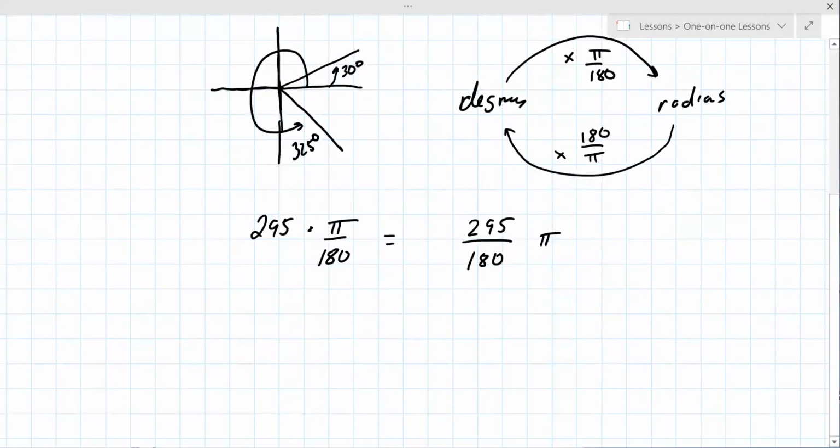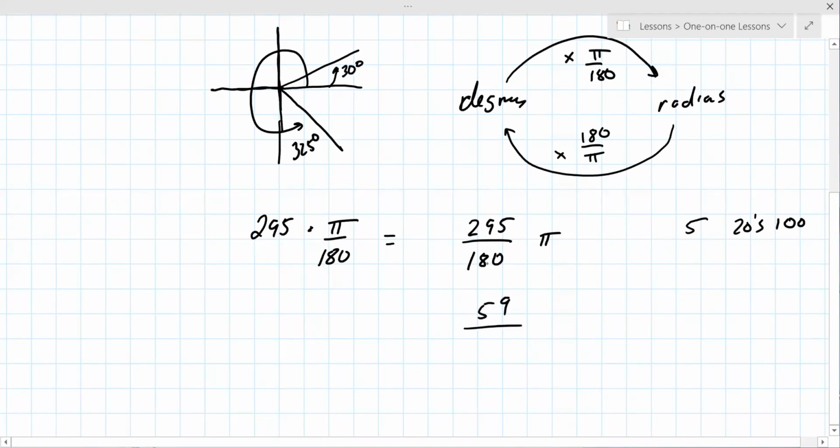Okay, so this is one that you generally have to reduce by hand. You have to simplify this fraction. So usually 5 is a good number to try here. There's 5 20s in 100. Okay, so you can reduce this down. This is almost like 300, so that would be 60. So that becomes 59 over 180 divided by 5, and that is 36. So it's 59 over 36 pi for that. So this one we're emphasizing